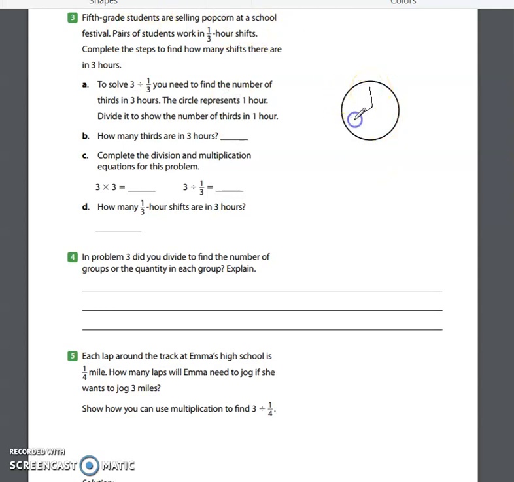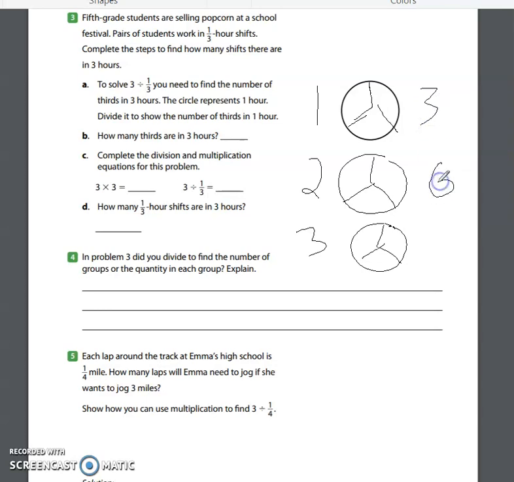So I can let that be 1 set of my thirds. But because I have 3 hours, I'm going to go ahead and do this 3 times. So now I see my total number of portions. So now it says B, how many thirds are in 3 hours? So this is hour 1, this is hour 2, and this is hour 3. So for each hour I have 3. I can say that's going to be 3 also. And then I can add them. So that's 3, that's 3, that's 3. So in the 3 hours, I have a total of 9